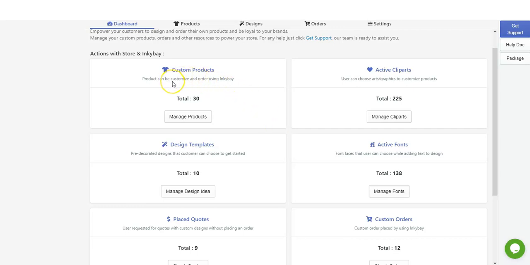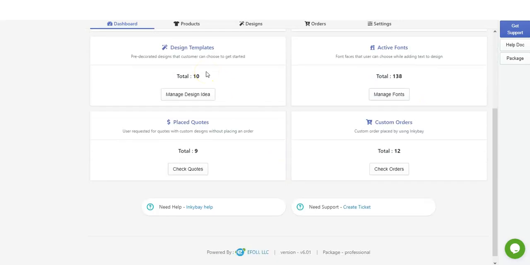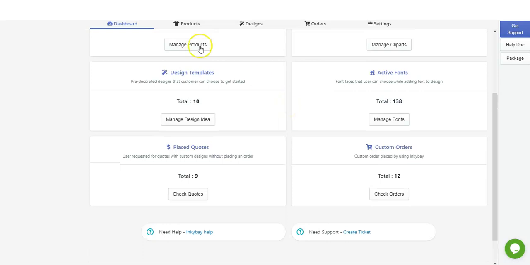So currently you have 30 custom products. You have 225 active pre-parts. There are 10 design templates and 138 active fonts, and you have 9 quotes from your customers and total 12 custom orders. So design templates, these are the pretty